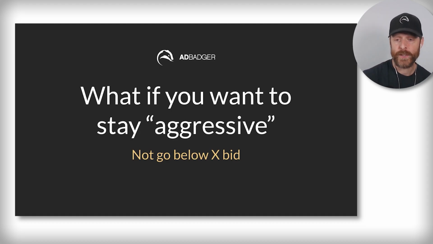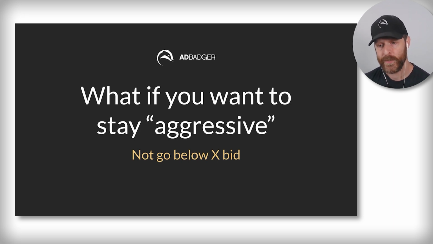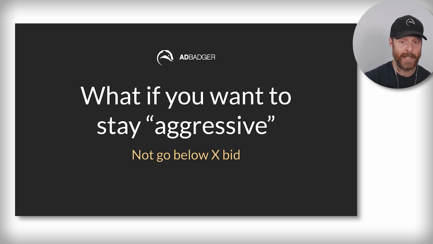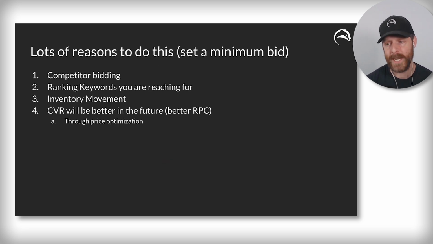So if you want a keyword to stay aggressive, you want to tell it to never go below a certain bid. If it was labeled like, hey, never bid this below 1 or never bid this below 2, whatever you would consider, that would be a good use case for a minimum bid. And there's lots of reasons to do this. I never want to bid low if I'm bidding on a competitor, because the performance isn't going to be what I want. I might have a high ACoS, but don't go below a certain threshold because I want to stay visible. I want to stay somewhat competitive for it.